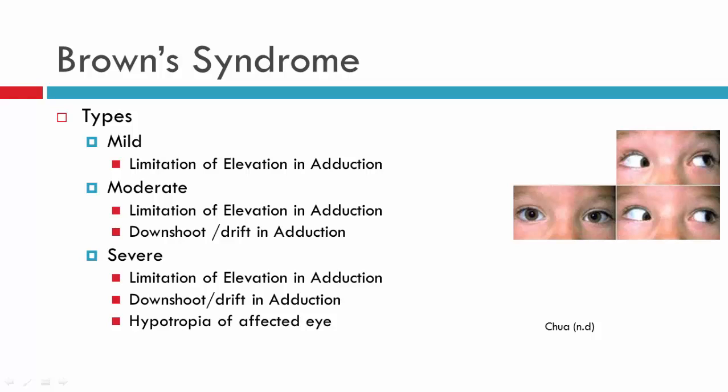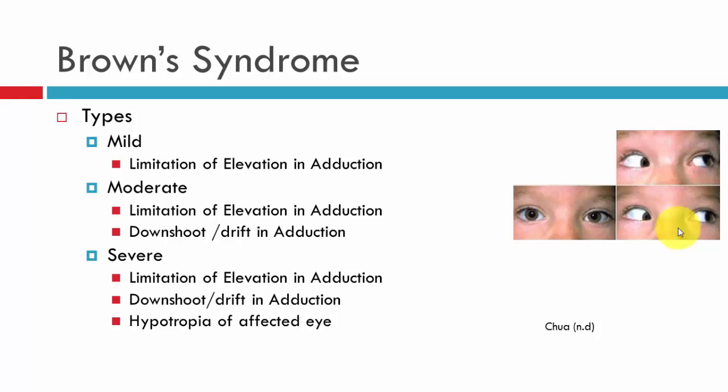So for a mild Brown syndrome, we're specifically looking at lavo elevation, and in this particular instance, we'll have limitation of elevation in adduction, and this will be the only sign of the Brown syndrome. For a moderate Brown syndrome, we now not only have limited elevation in adduction in lavo elevation, but we also see a hypo deviation here in lateral gaze. So in this position, what we would see is a downshoot or a down drift